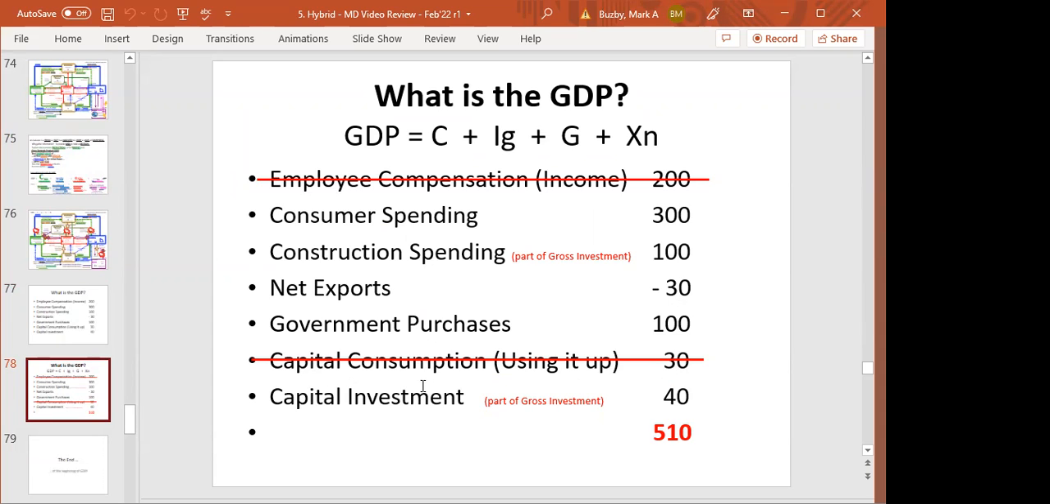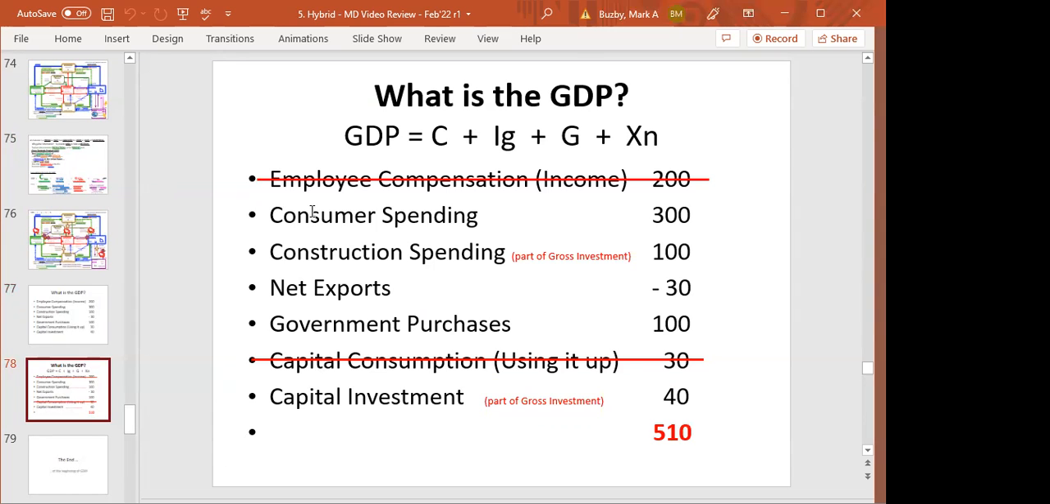Now, capital investment, this is where we bought 30 that was used up. That's our 30 of this, 40 here. 30 is replacement capital. The other 10 is new capital, part of gross investment. So you'd have the 40 under gross investment. Construction spending, part of gross investment. You'd have the 100. So you got 140 under gross investment. You got 300